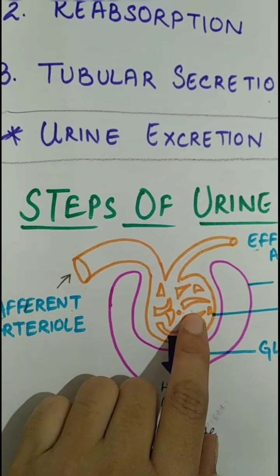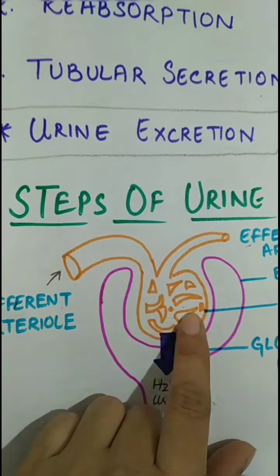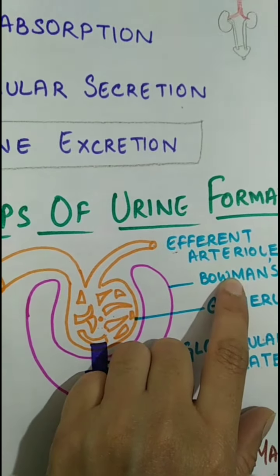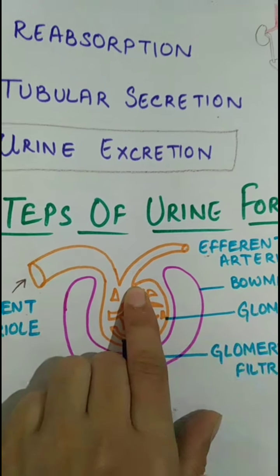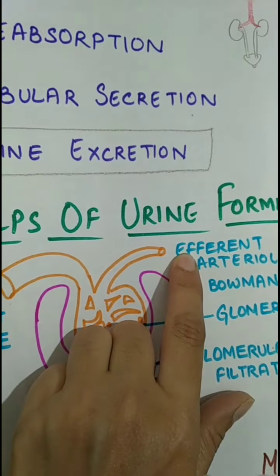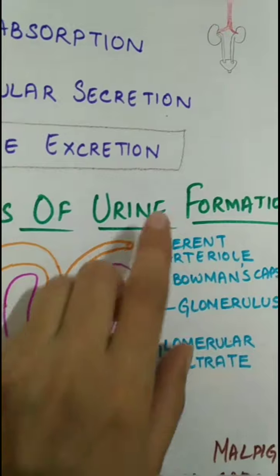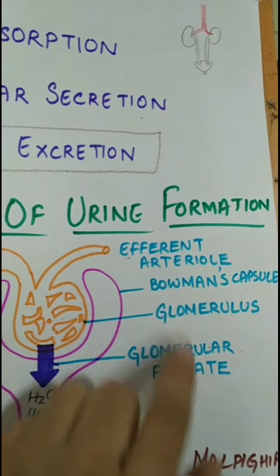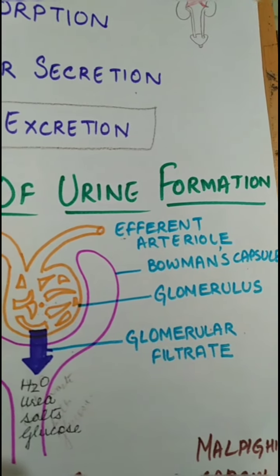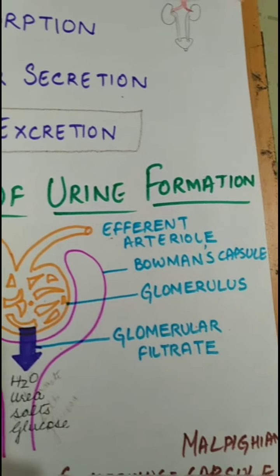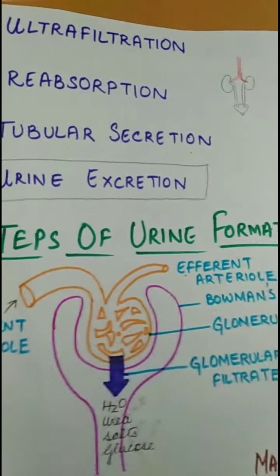It breaks into a number of capillaries, and here it forms a knot-like mass which fits inside this Bowman's capsule. Now these capillaries reunite to form the efferent arteriole. This efferent arteriole then further branches off after moving just outside. It branches off to form various capillaries that surround the nephrons. We call them vasa recta. So this efferent arteriole just vents out.